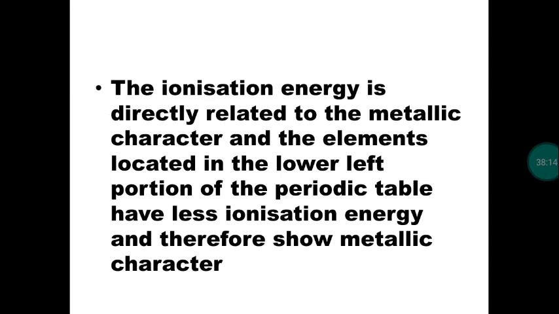Exactly which will have more metallic nature? The extreme left lower part of the modern periodic table, like cesium, because in the first group we have lithium, sodium, potassium, rubidium, cesium, francium. Francium is a radioactive element. So when we take rubidium, cesium, in this part, they are highly electropositive in nature with very low ionization energy, so they are highly metallic in nature. In the same way, as we discussed in Pauling's scale of electronegativity, fluorine is the element with the highest electronegativity.